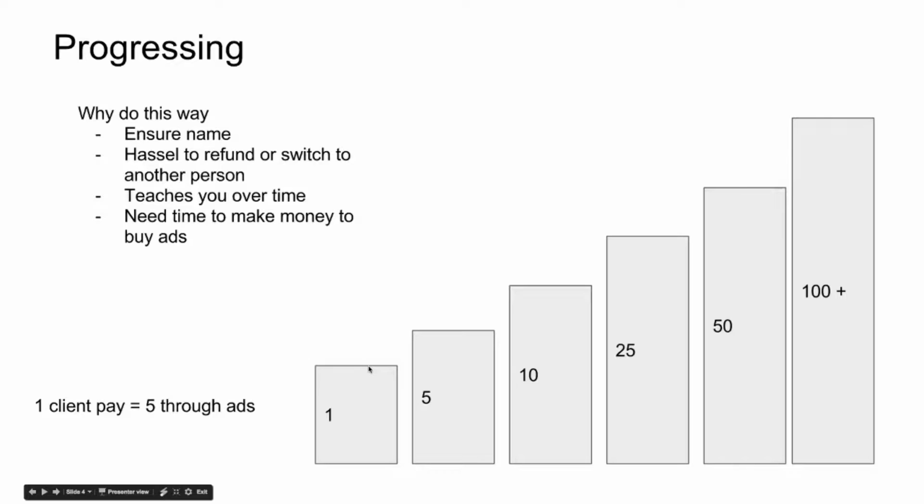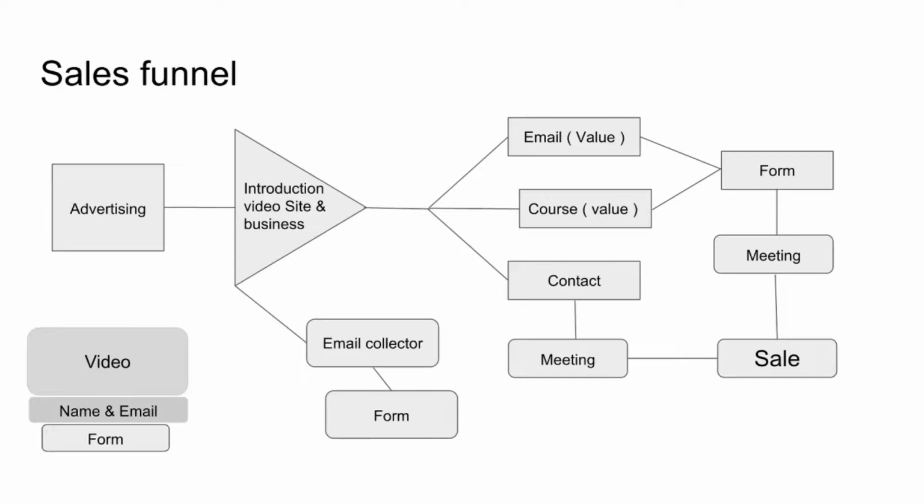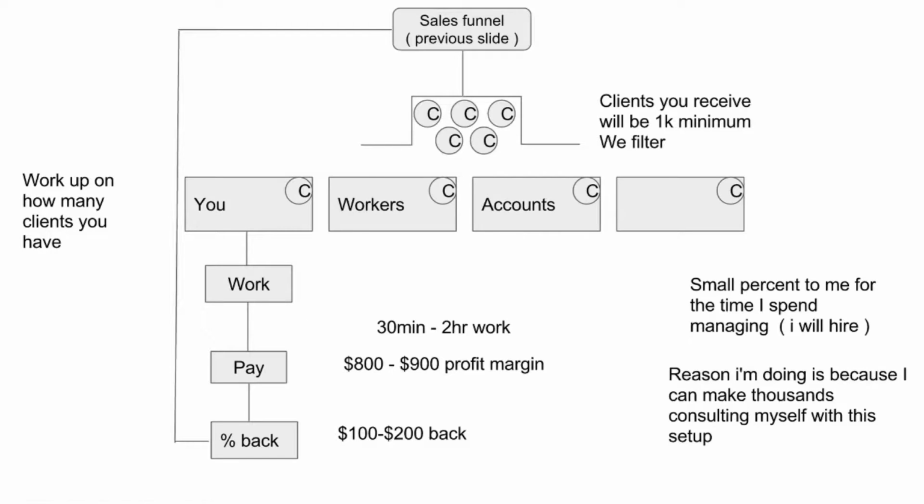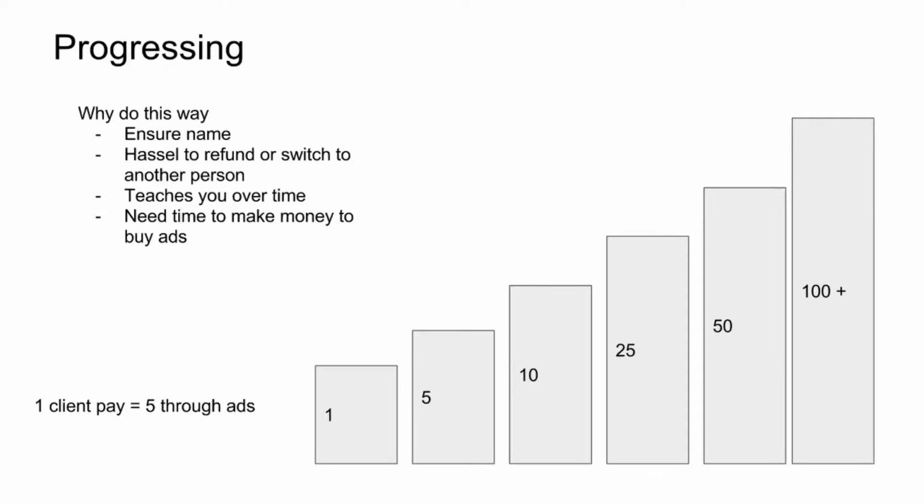So with one client, say you're making $1,000, you can spend all of your profit on getting 5 more clients, because it does cost money to get advertising out there and get it going. Back to the $100, $200 profit margin, that will only get you one client back. So you can put in $400 and get a couple more clients in. It works like that. That's why progression is steady and not as fast as people think it would be. As well, the sales funnel process can range from 2 weeks to a month, in some cases a week too.